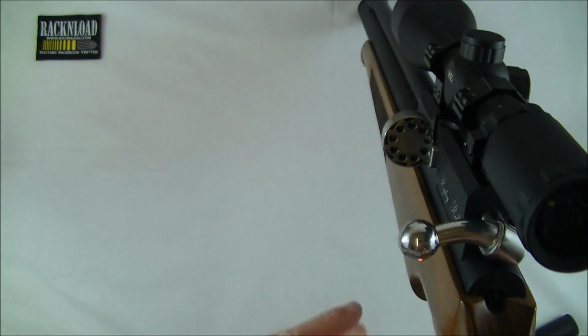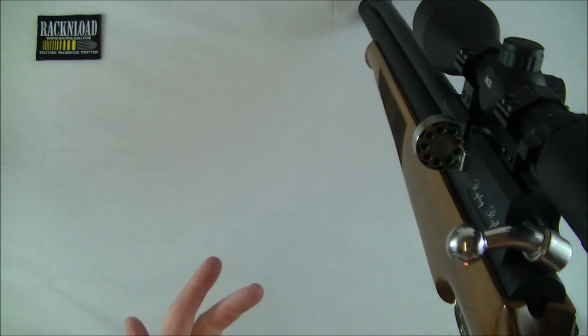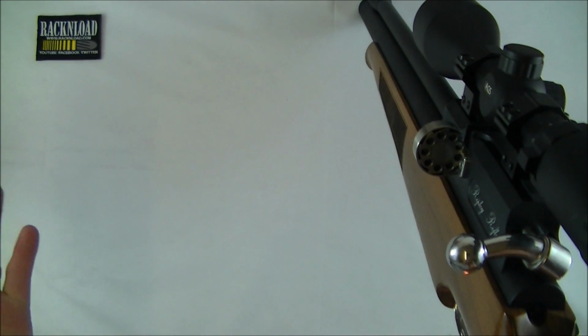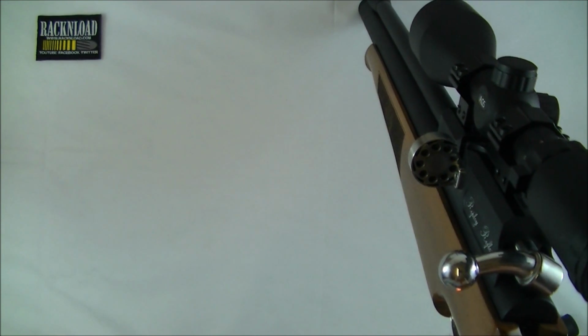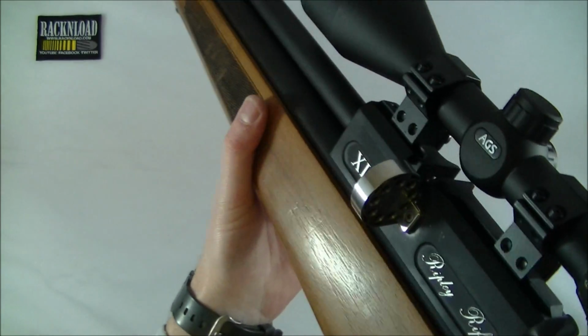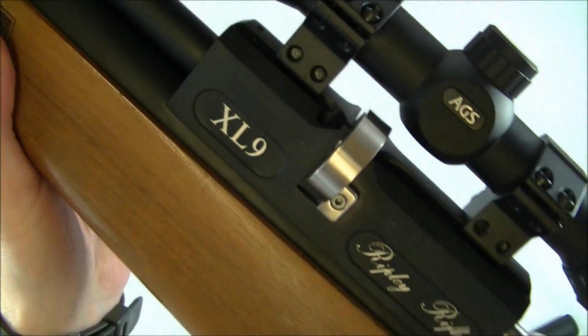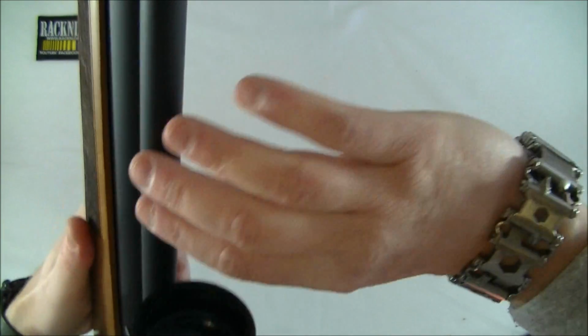Like I said, if you want one of these rifles, ring up Ripley, tell them what you want. It's as simple as that. But you will wait for it and you will pay for it. But an absolute quality rifle that will last you an absolute lifetime. Shrouded barrel on here,